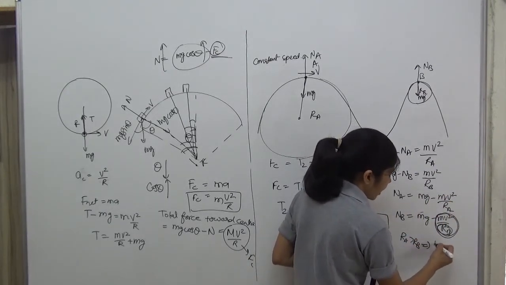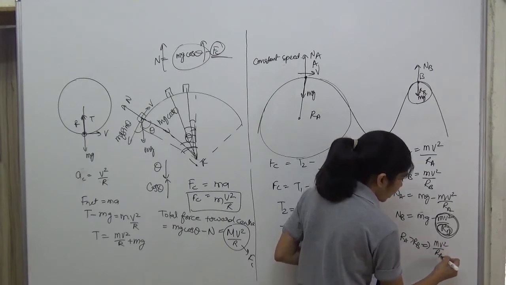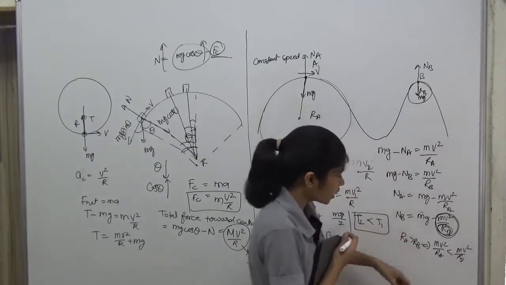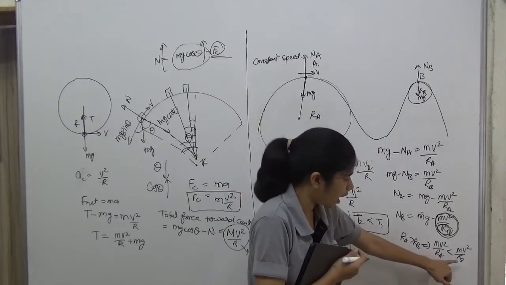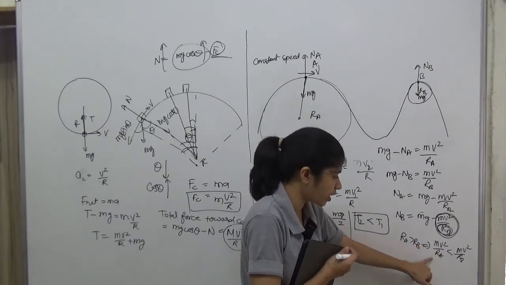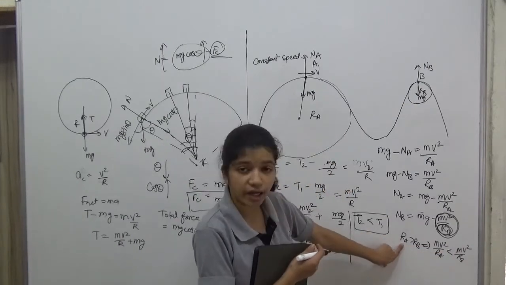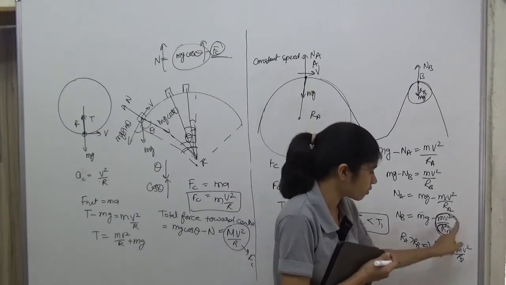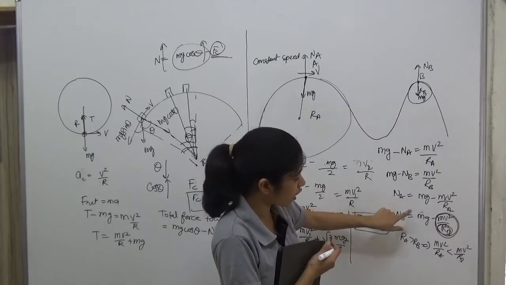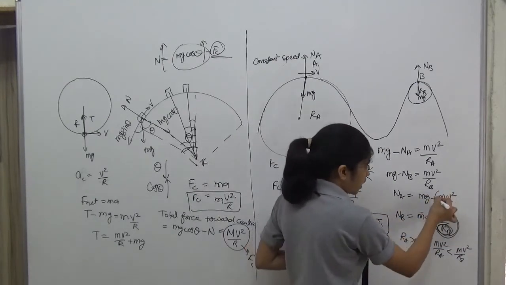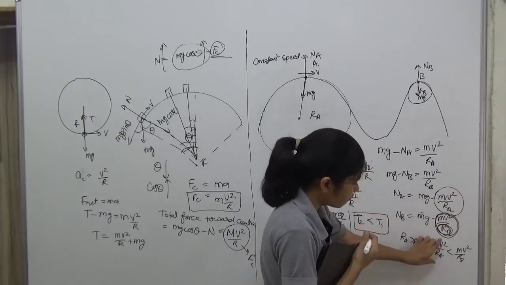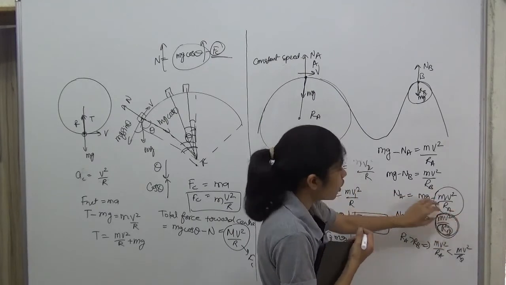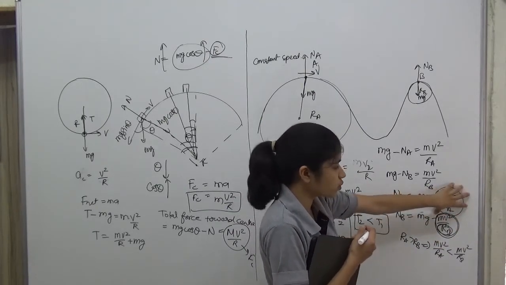It means mv square by RA is smaller than mv square by RB. ठीक है? We are dividing by RA and RB the same quantity, mv square. So if RA is more, then this will become less. RB is less, so this will become more. So in this case we are subtracting a lesser quantity. mv square by RA is chota, this quantity is chota, this quantity is bada. So from mg we are subtracting the smaller quantity.